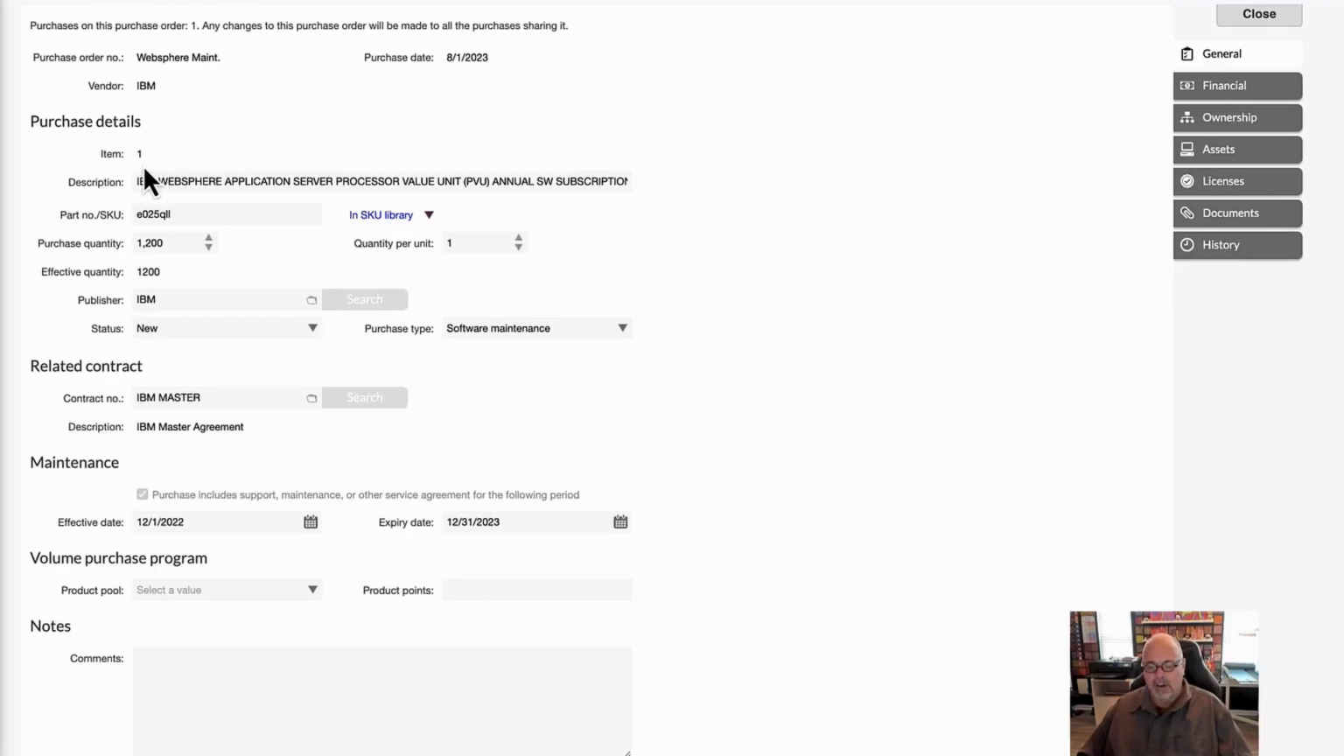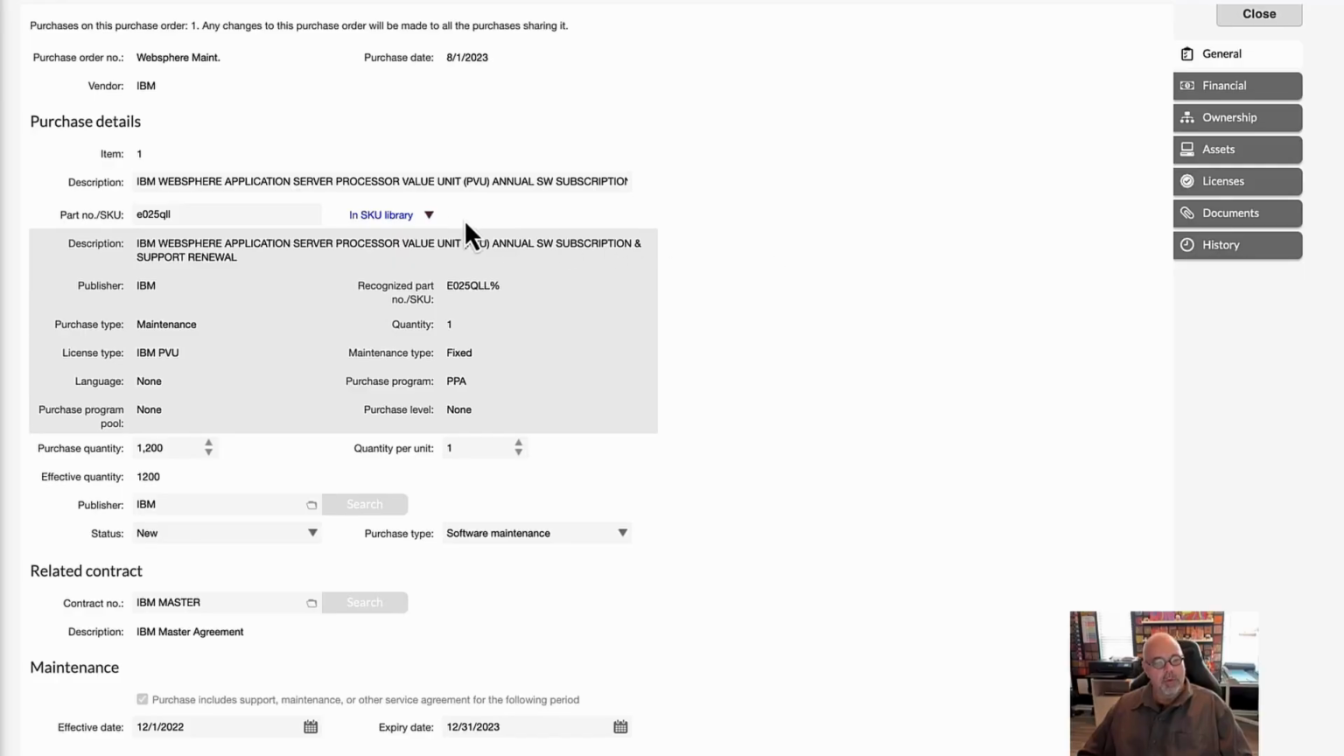These items would auto-numerate to whatever the next one is in the series. You would provide a description of the product that you are purchasing. You would provide a SKU number. If that SKU number is recognized in our SKU library, you would see an in SKU library indicator. You would be able to hit the down arrow and look at the additional properties that we can get from a recognized SKU. One being how it's purchased, the quantity that's purchased, which purchase program it's being used under, and